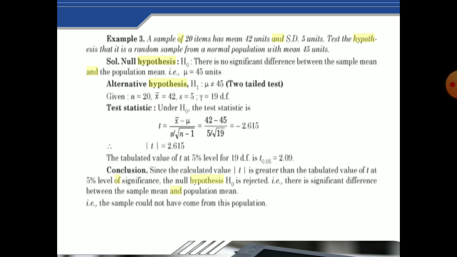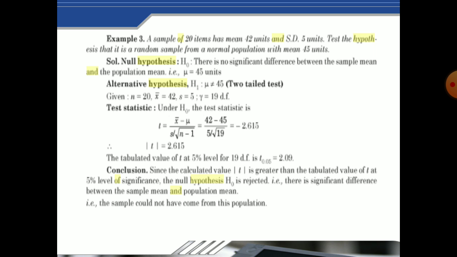Here we are applying the two-tail test, so you have to look against the two-tail test. How to look? Below where 0.05 is written, and the degrees of freedom is 19. Whatever value comes against 19, that is your given value, and that is coming out to be 2.09. Okay, now see, the calculated value is greater than the tabulated value, so that means you will reject your